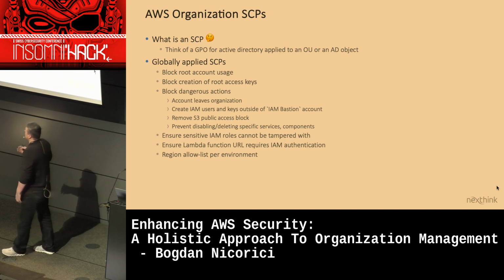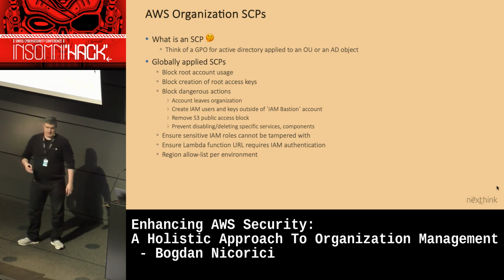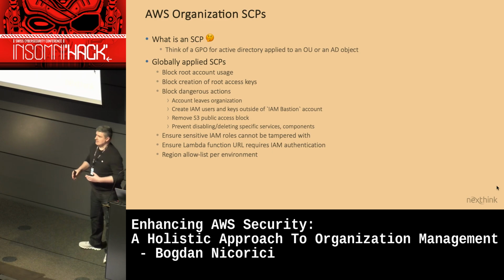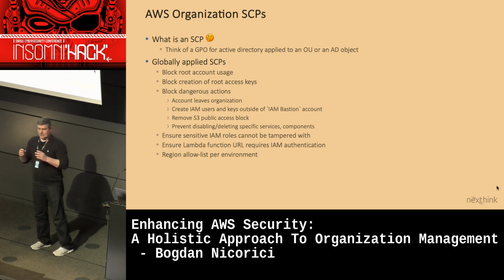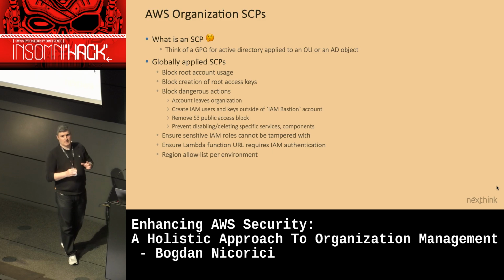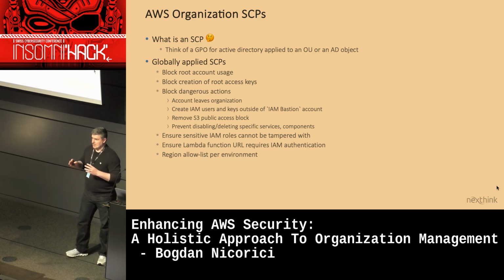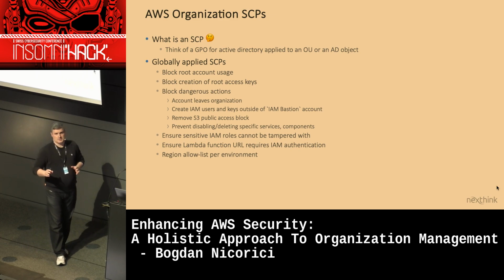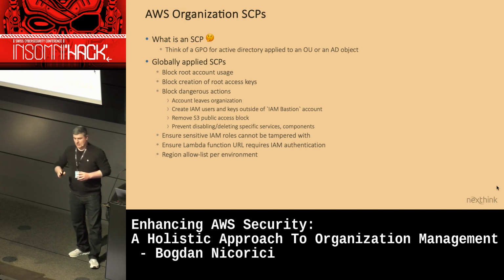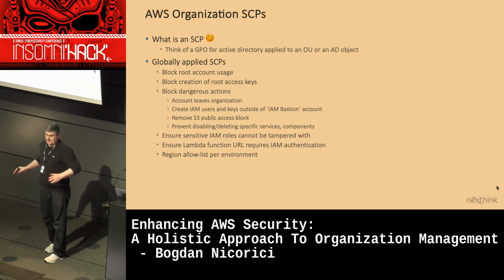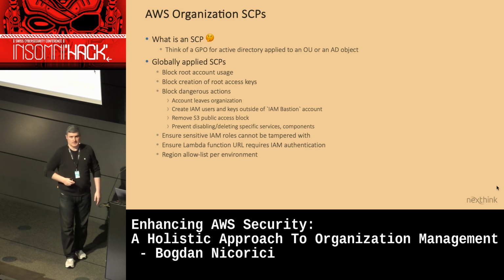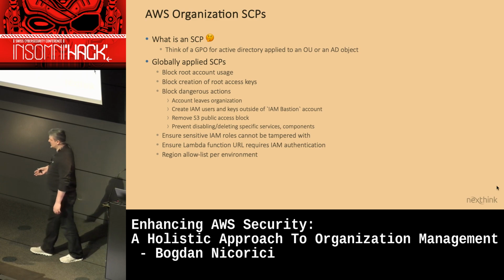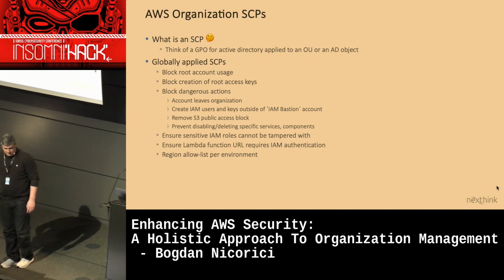We do have globally applied SCPs. And as you can see, we block some of the dangerous actions. We block the root account. So in AWS, when you create a tenant, an account, you will have what is called the root account. And that root account is not bound by IAM permissions, which means that if you can connect with that account, you can do pretty much everything in the account. The only way to block it is to use the AWS organizations. And you have an SCP that will actually allow you to block any action using that root account. We also block the creation of the keys, so you can't connect programmatically either. We block specific actions that the different accounts can perform on their own.